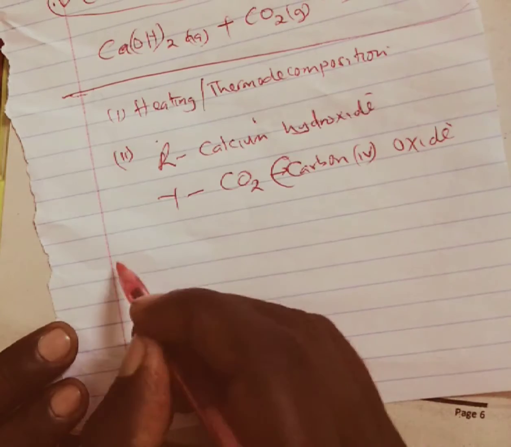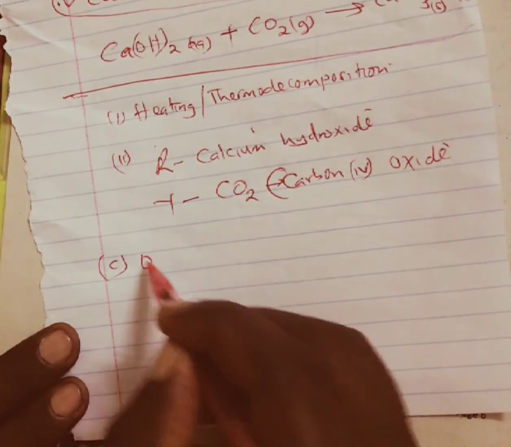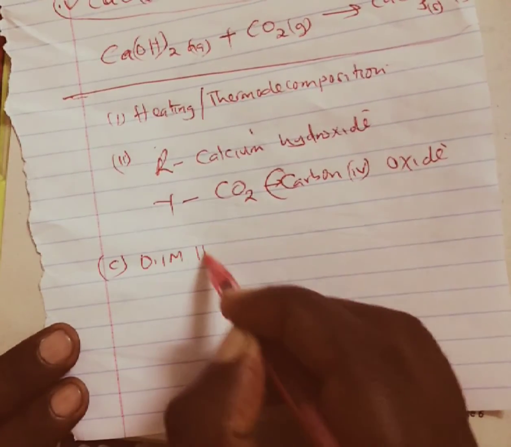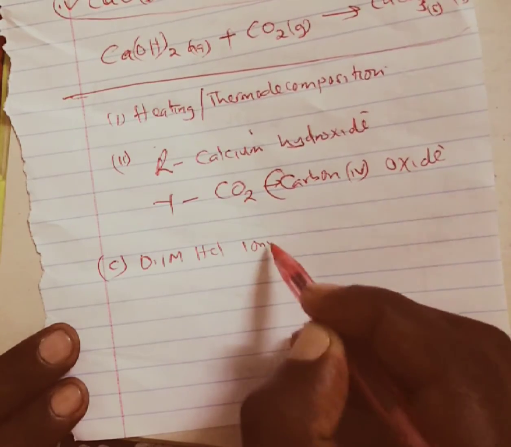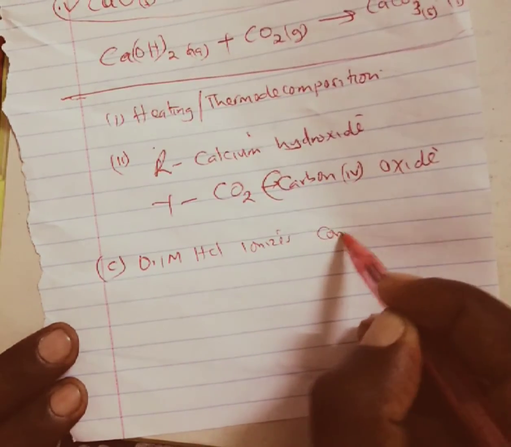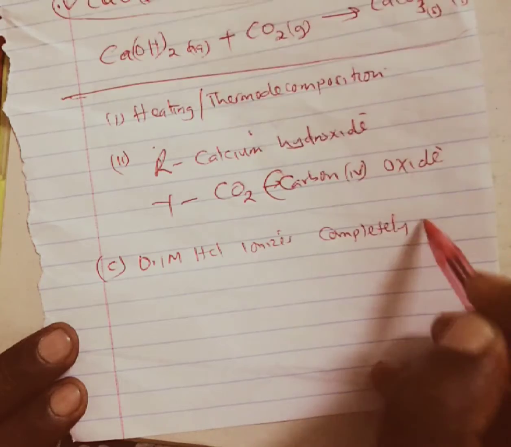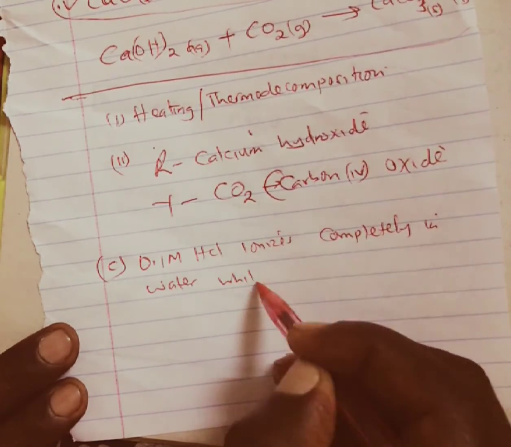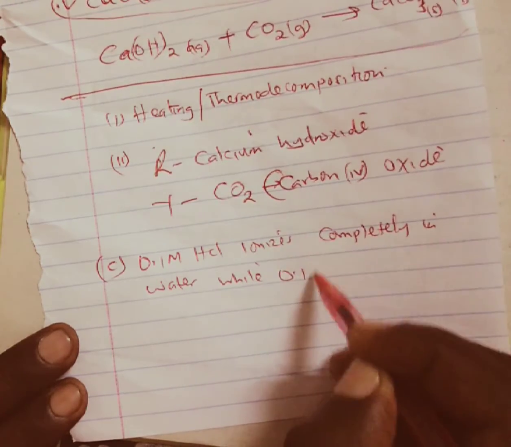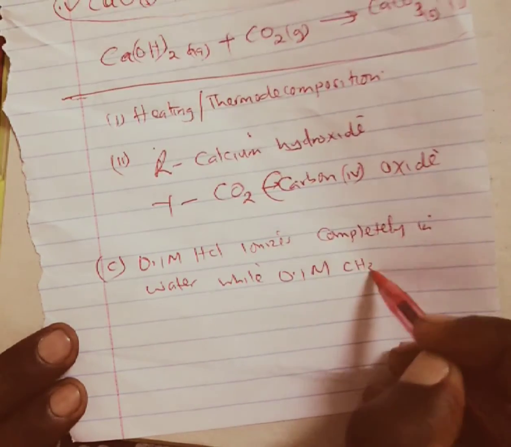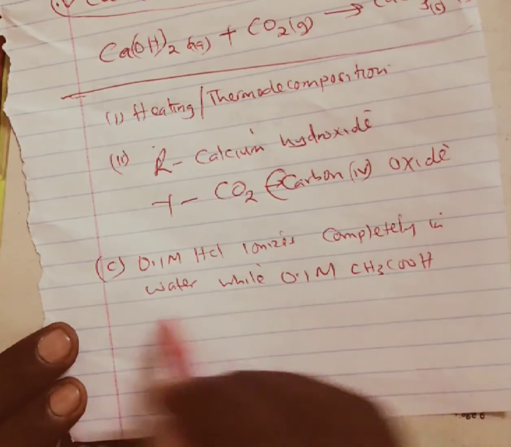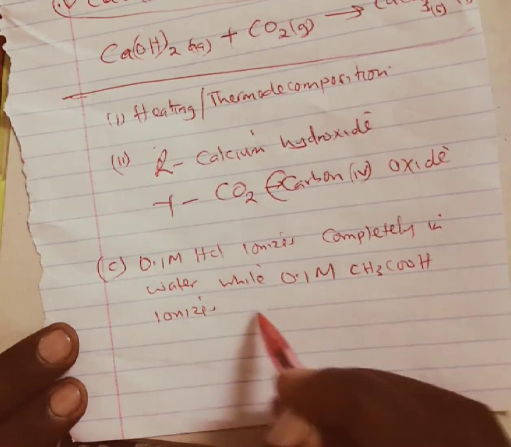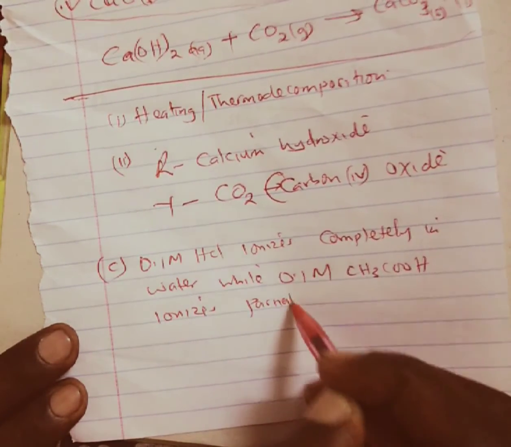So in part C of the question, we say 0.1 molar hydrochloric acid ionizes completely in water, while 0.1 molar ethanoic acid ionizes partially